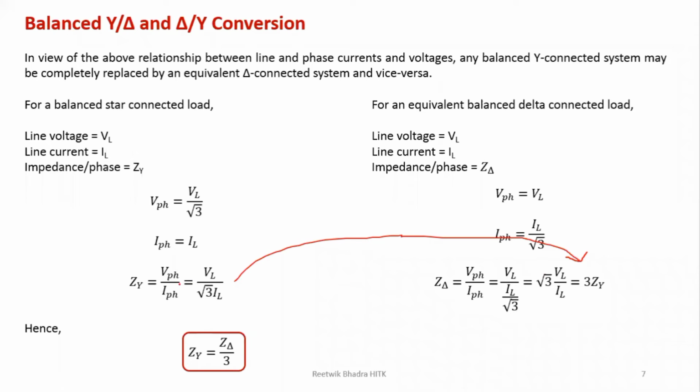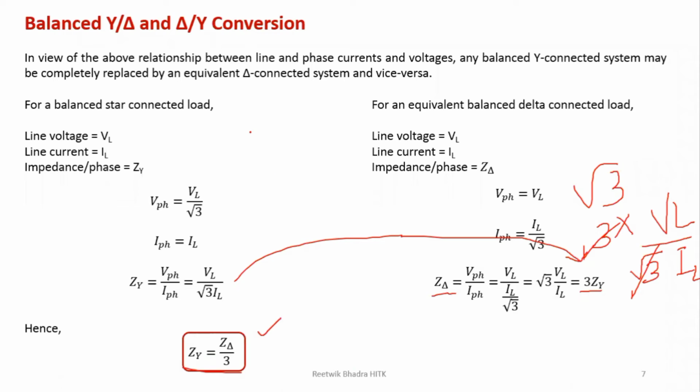Yeah, ZY is equal to VL by IL root 3. So you can do it 3 times of Z star. So 3 into VL by root 3 IL, which I have written over here. This 3 root 3 cancels out, so you get root 3 VLIL. So Z delta is nothing but 3Z star, or Z star is nothing but Z delta